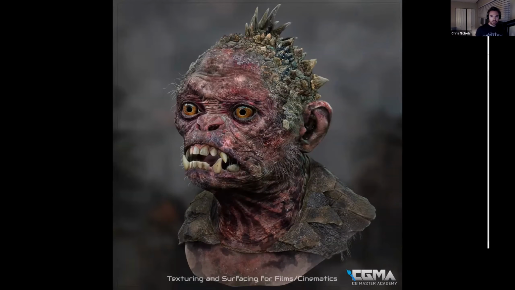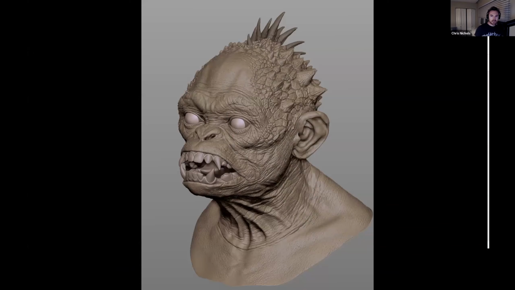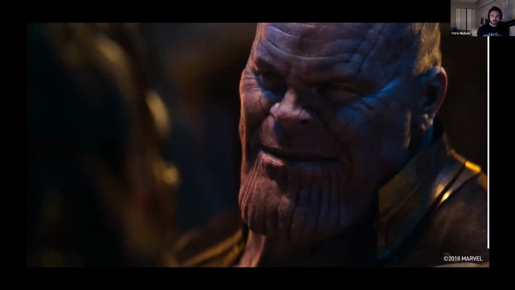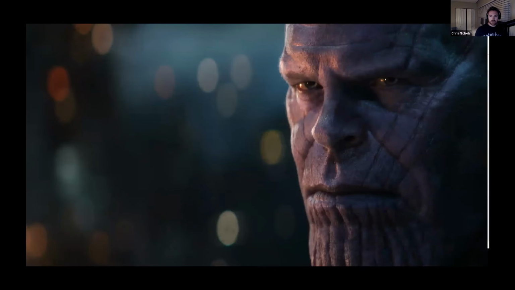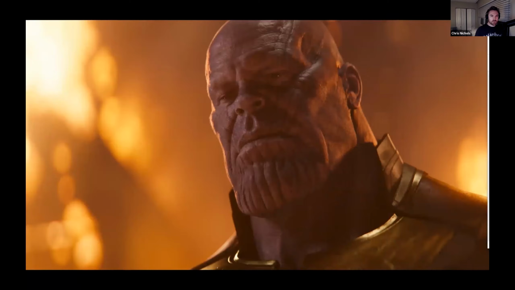What surfacing means is the method of creating a CG creature surface as realistic as possible through displacement detailing, making a variety of texture maps like color, bump, specular, roughness, etc. And then finally, how the displacement and the textures are described in a surface shader in a CG lighting environment, meaning how diffuse or reflective it is, how the displacement is affecting the shading, creating shadows and highlights, and how it reads from any distance, from close up or far away.